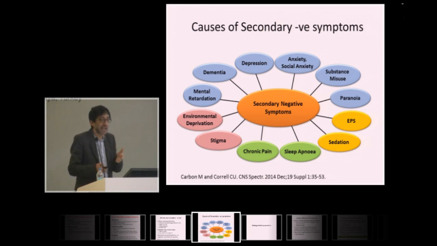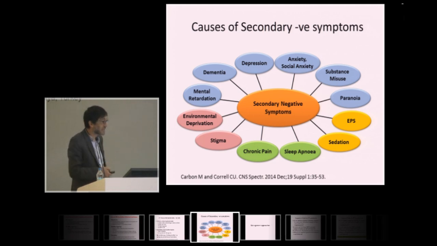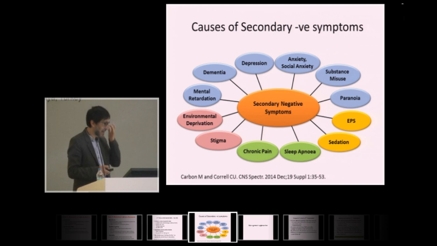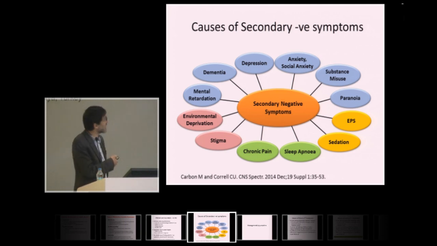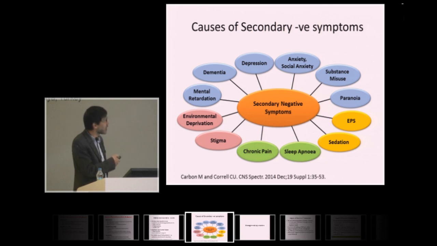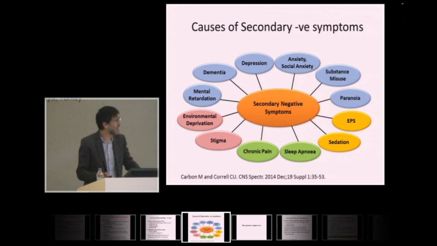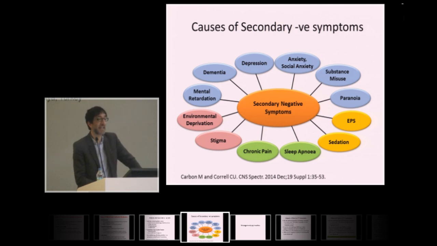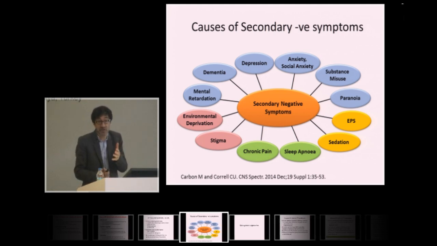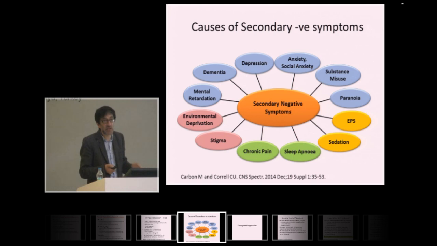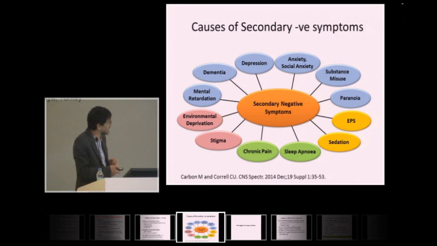So here I'm talking a little bit more about negative symptoms. These are some of the key things that can masquerade as negative symptoms. So depression, so you lack interest in things, you don't want to mix with people. Social anxiety, phobic symptoms could lead to asociality. Paranoia, if you believe people are trying to shoot at you or are going to kidnap you, you've got delusions of those natures, you're not going to want to go out of your house and mix with people, and you'll see that as negative symptoms.